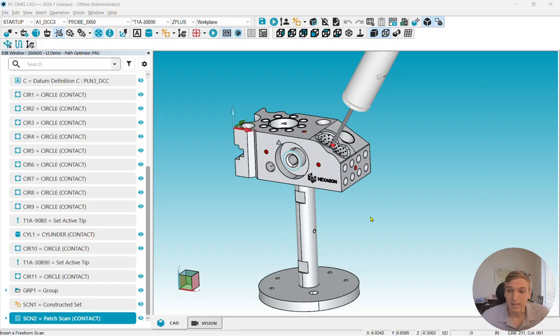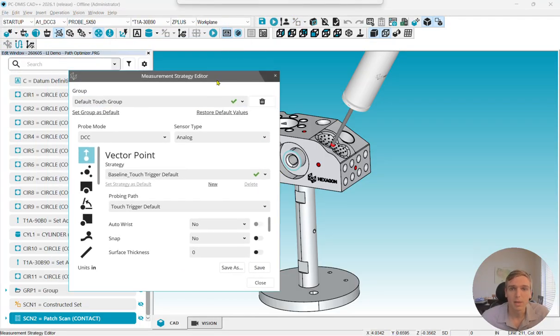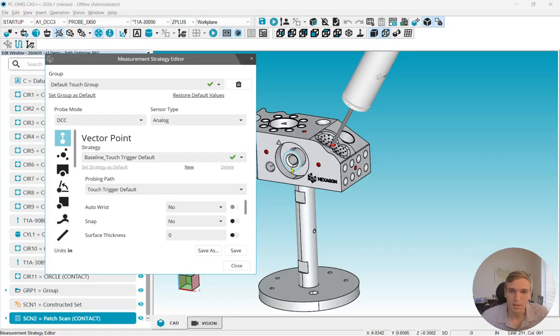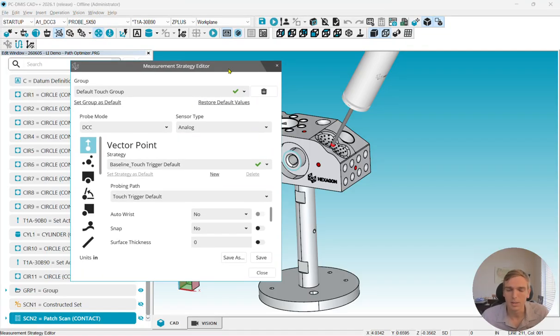The first one that a lot of people kind of forget about, you learn about it in the first level class within PC-DMIS, is going to be your measurement strategies. So that's this button here. If you think about whenever you're grabbing a circle, a lot of cylinders, or planes or whatnot, you can define those features with varying amounts of points. If you're doing, let's say, a touch trigger probe, like your classic Hexagon touch trigger probe, or maybe you're using a Renishaw TP20, in here you can actually create a strategy